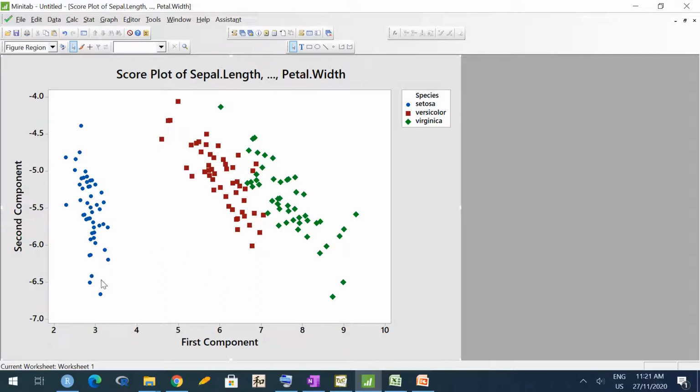So suppose that point ends up somewhere being here, so what does it mean? Suppose PC1 value is say 3.1 and PC2 value is say minus 6.5, then that point is somewhere here. So what would it mean? It would mean that that flower is most likely to have come from setosa group because its point landed closest to the setosa group. Getting it? So this way PCA can be used for classification. So dimension reduction is one purpose of PCA, but it can be used for classification also using this. Are you following me? Okay.